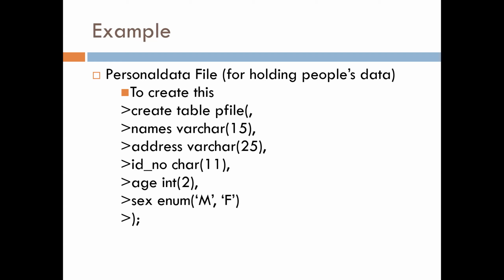You want it to have 15 character spaces. Address varchar 25. That means that you have 25 spaces of variable character. ID number character 11. Age integer, that's a number 2, basically just to give them 2 spaces, because the chances of them having 3 on that one are